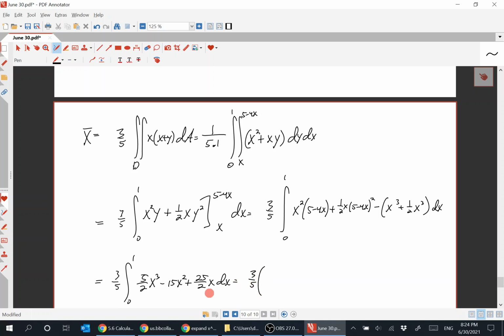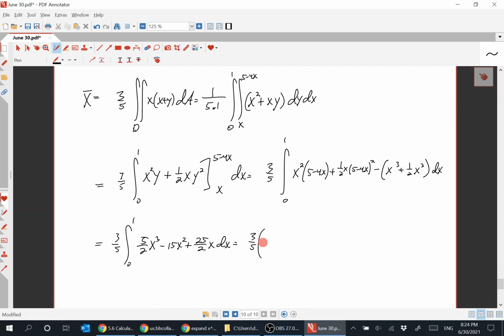So 3/5 antiderivative, so 5/8 x to the fourth minus 5x to the third plus 25 over 4x squared